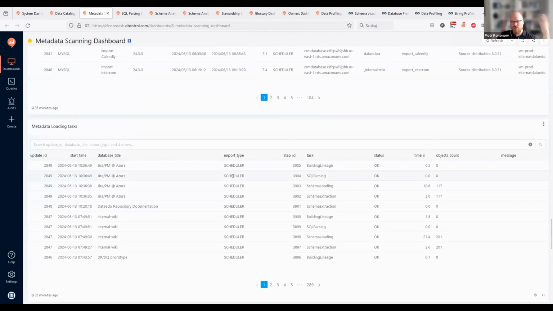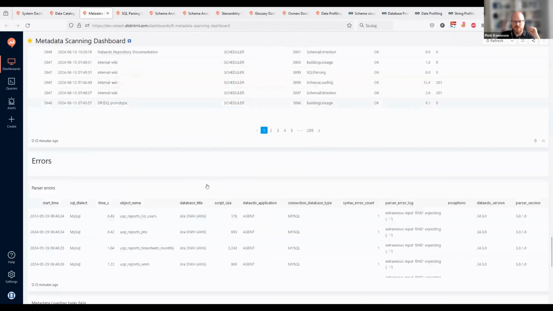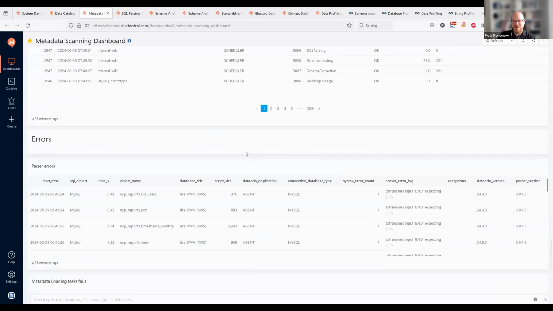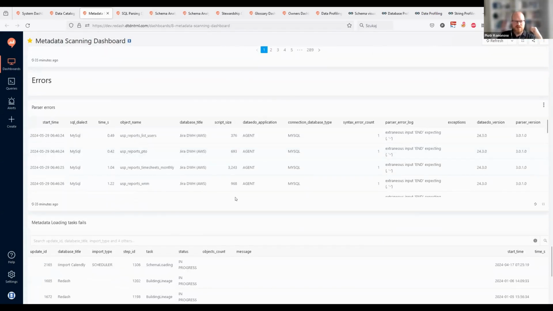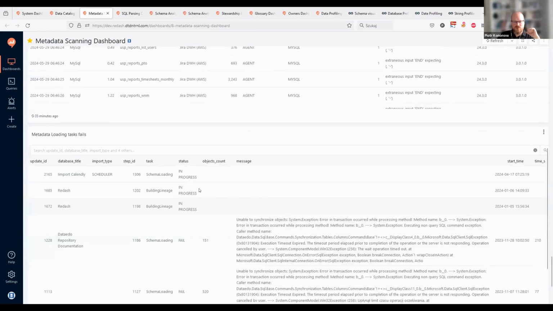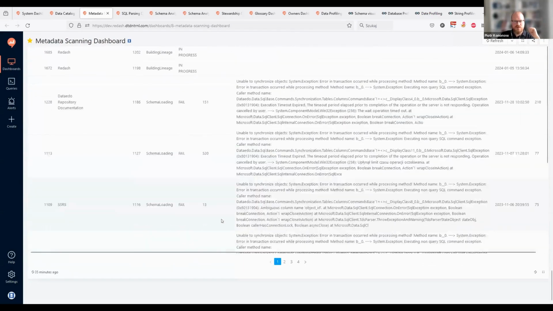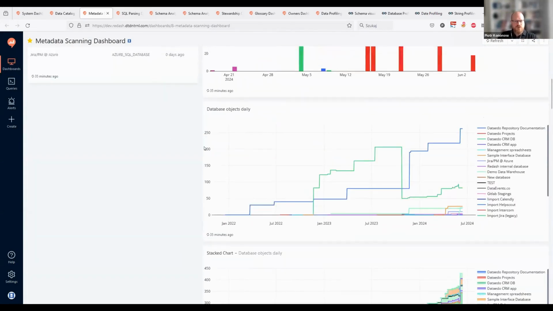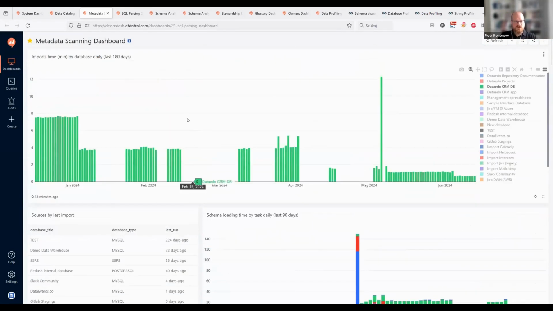From the history you'll be able to see which were scheduled by the scheduler, which were run with the command line, so the old way to schedule, and which were launched manually with the desktop, right? So you can see some errors, but that would be very helpful for our debugging. If anything fails in parsing or other tasks, we have those messages and you can send them to us and we can investigate. Okay. This doesn't have to be in one dashboard. We could maybe split it into dashboards or tabs.